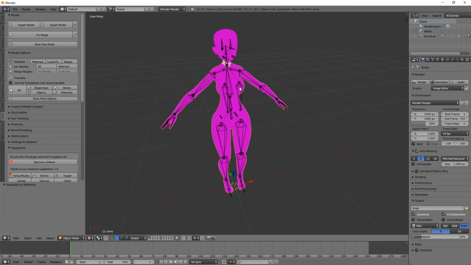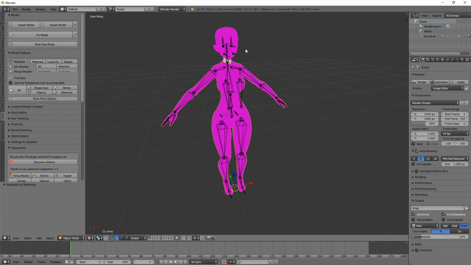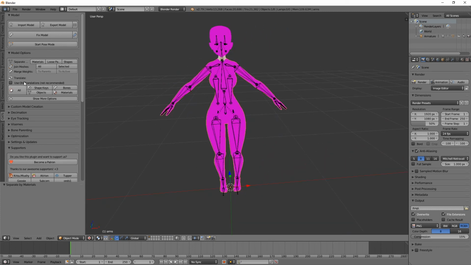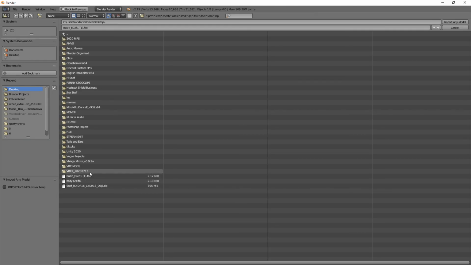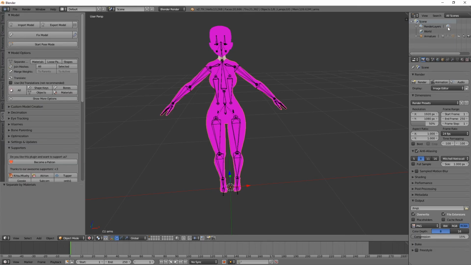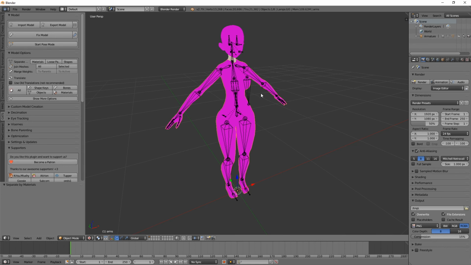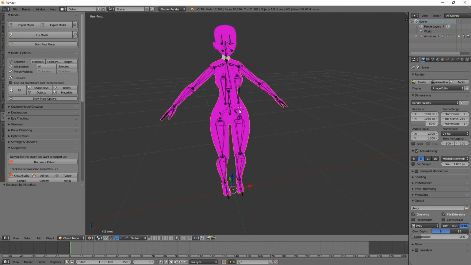Anyway, so here we go. As soon as you load in the base that you want to use, you guys are going to want to make sure you have the Cats plugin. If you don't know how to install this and you'd like me to make a tutorial on that, I can. That'd be like a 2-minute tutorial max. Go ahead and download Cats, and you'll click import here, and you'll select it. We're just using this e-girl base that I found on a Discord server. And you want to separate by materials. So you have model options and separate by materials. And as you guys can see,